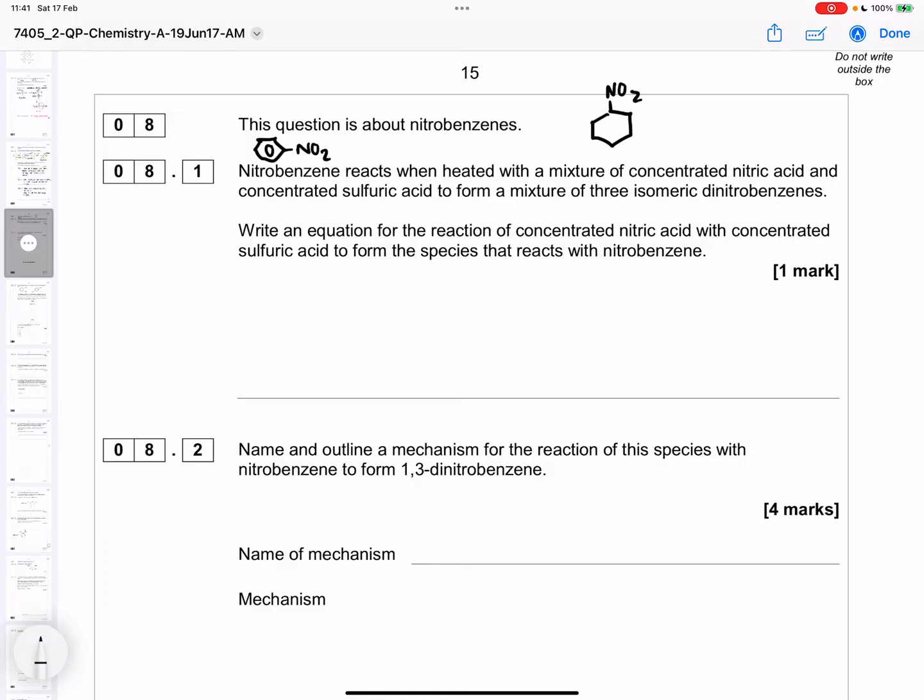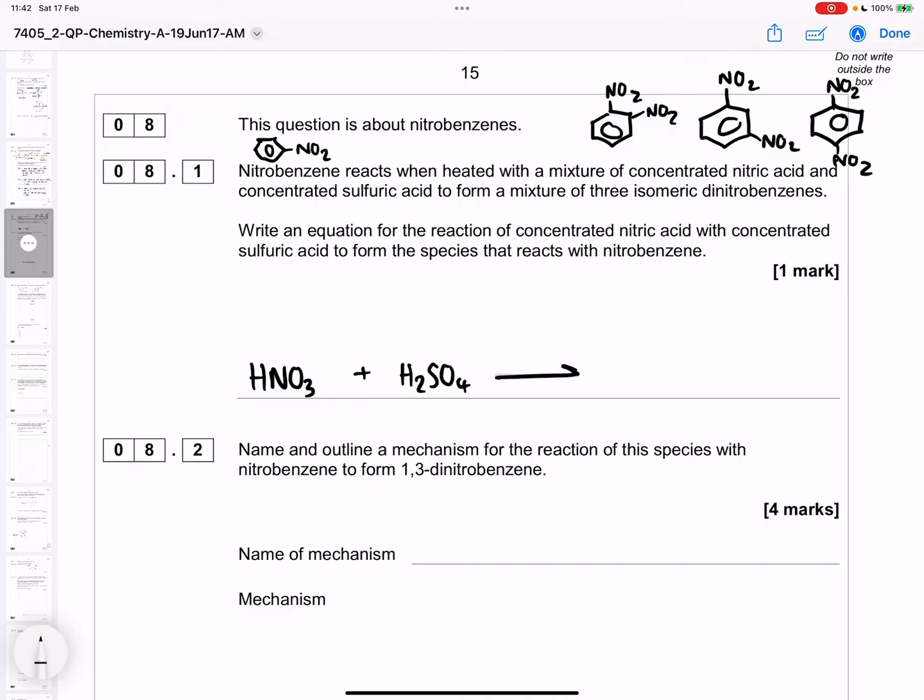So it could be that it goes 1, 2. It could be that it goes 1, 3. So we're getting 2 nitro groups. Or it could be that it goes 1, 4. 3 isomeric dinitros. Write an equation for how concentrated nitric and concentrated sulfuric react to form the species that reacts